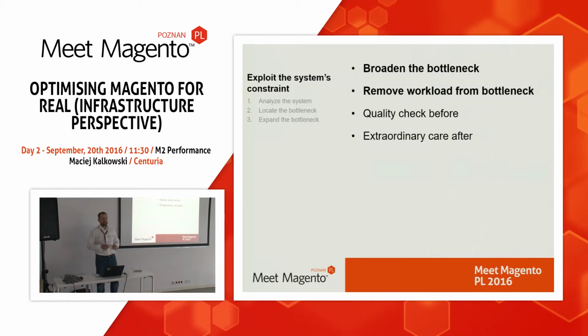In the book, they said that in the production line they found 4 steps to expand the bottleneck. First is to broaden it. So just buy a bigger server, and we're going to be 2 times faster. We can remove some workload from the bottleneck. So if a particular part in the production line doesn't need to be processed by the bottleneck, we just don't do this. Since the bottleneck is the heart of our system, the bottleneck defines the performance of our system.